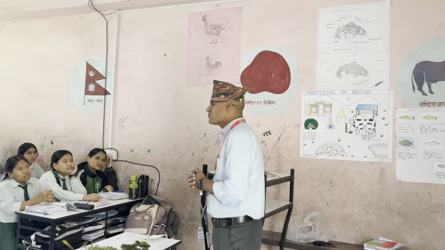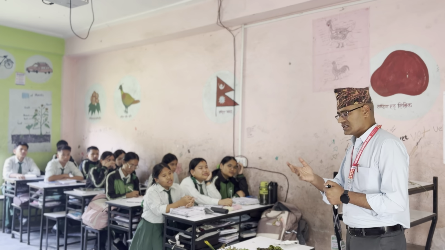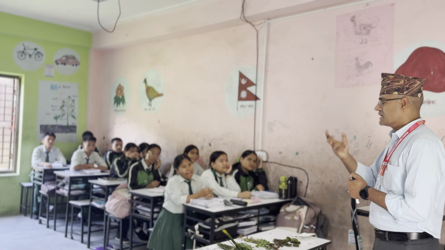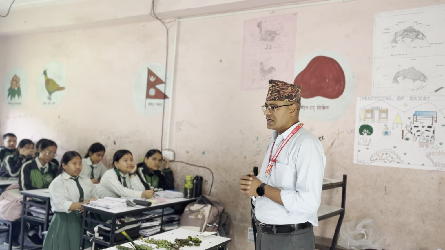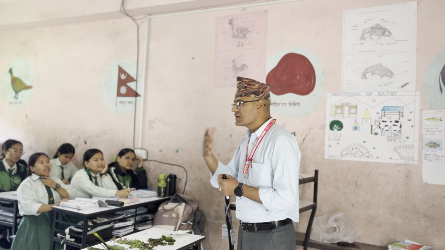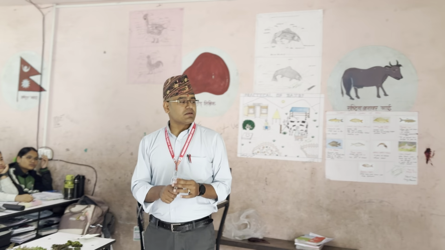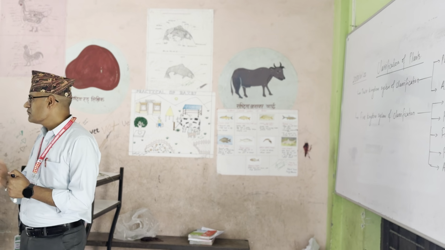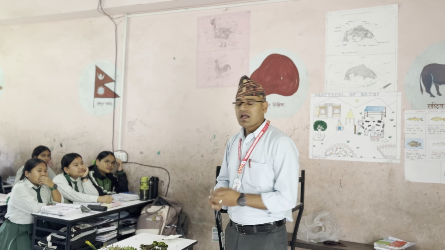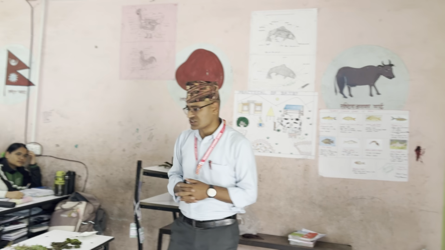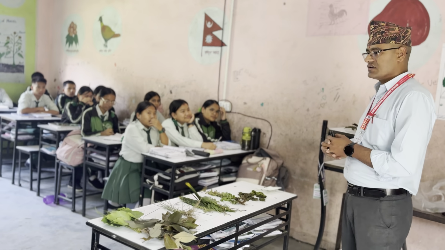What do you mean by saprophytic mode of nutrition? It derives nutrition from dead and decomposed organic material, for example in fungi. Another example is Plantae and Animalia: plants have both multicellular and unicellular forms, and so do animals. I explained this concept yesterday, so today we will focus on the classification of plants.